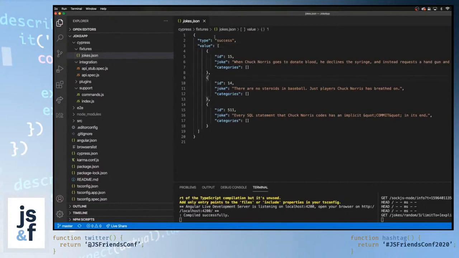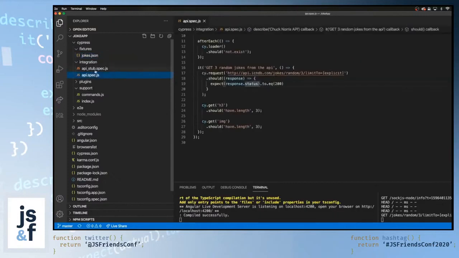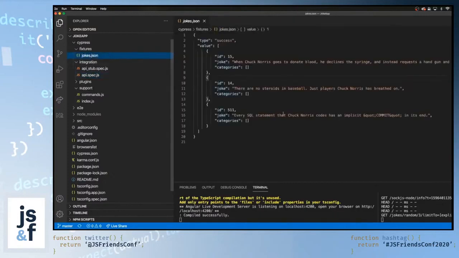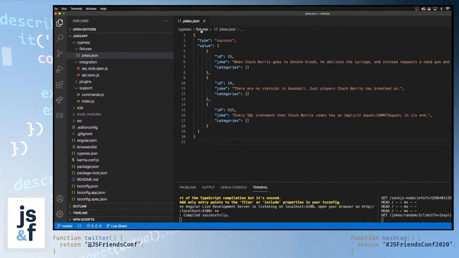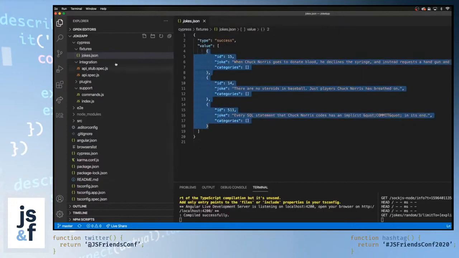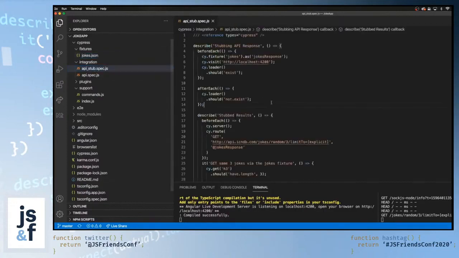So what we do is I took one of the responses I got back from when we actually make this request. I took one of those responses and just created it as stub data and called it fixture. So anytime we want to reference this fixture, it would only load these 3 static jokes every time. And so how we implement that is,